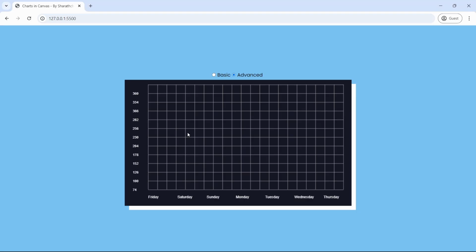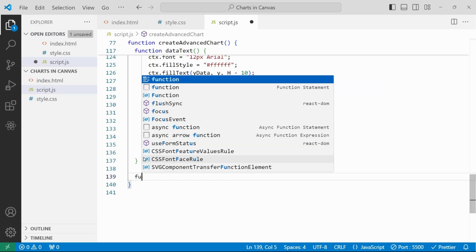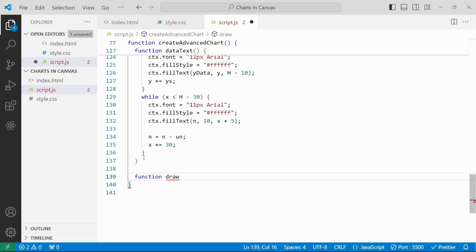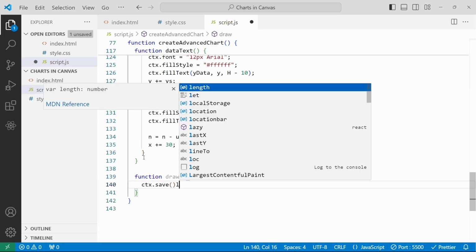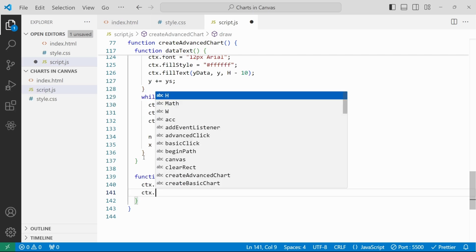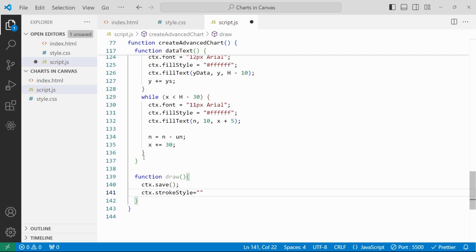This is how the data text will be displayed on the chart. Next thing, we'll draw the line based on the pointer values. For that, we'll create one more function, draw. Inside this, create ctx.save as a function and ctx.strokeStyle equal to the same white color,